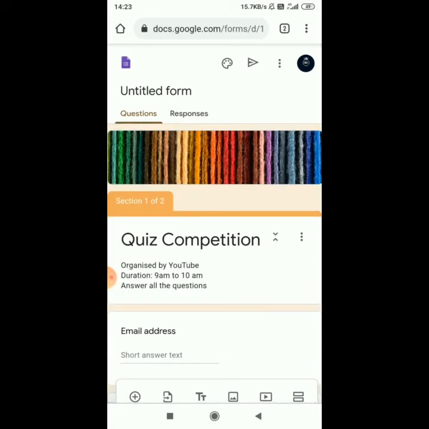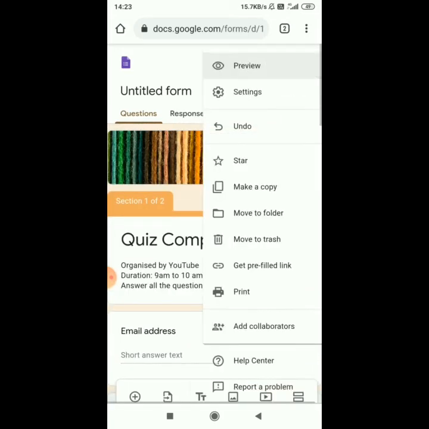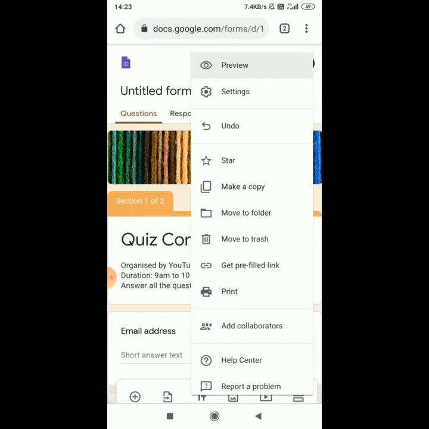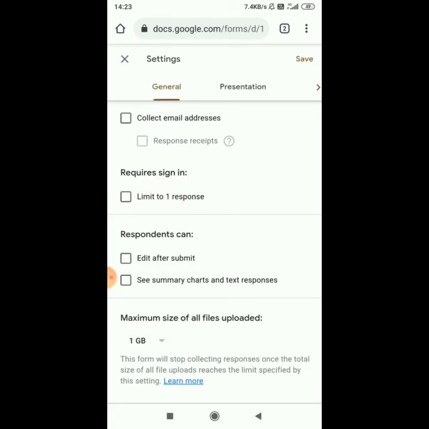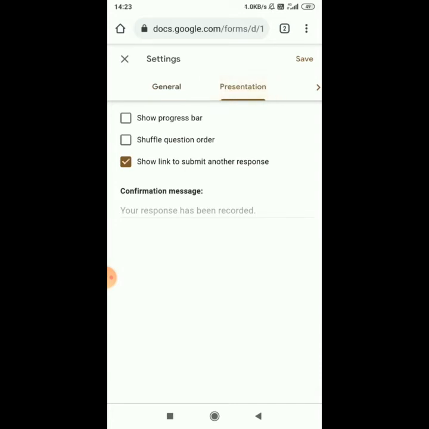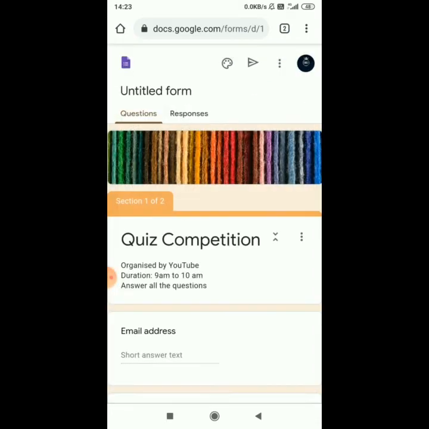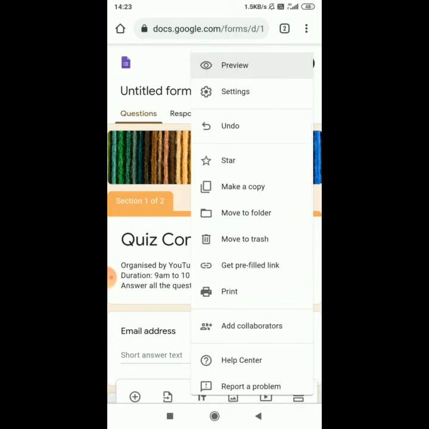Now click on the three dots here and go to settings. Here go to presentation, mark show progress bar and save it. Once it is done, click again on the three dots here and click on preview.